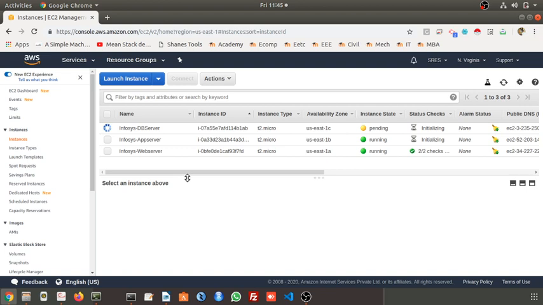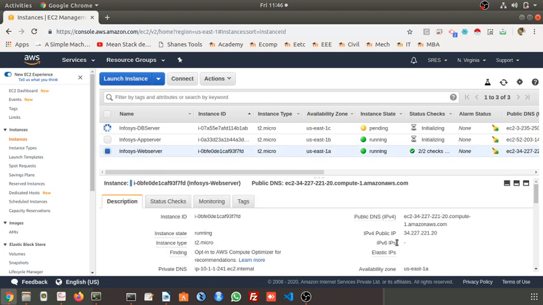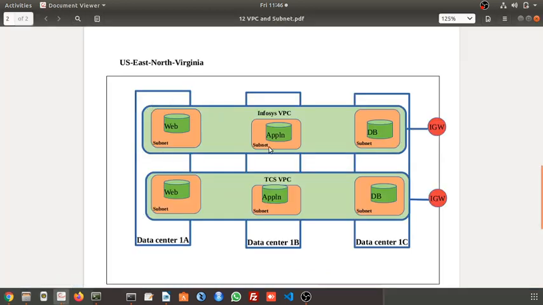Now we have to access these 3 instances. First, we will connect to the web server. What is the public IP? So what happened? We created the VPC, created these subnets, and created these virtual machines. Each virtual machine is attached to its own zone.